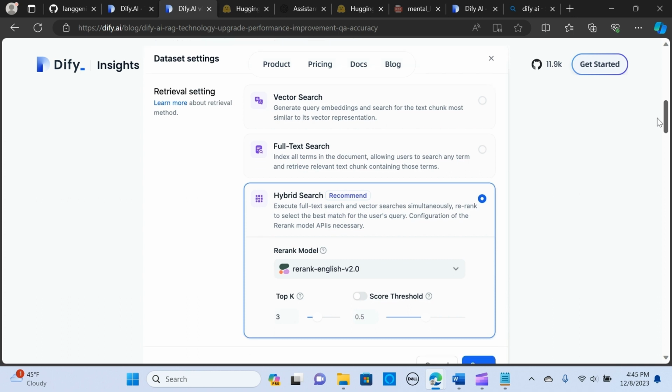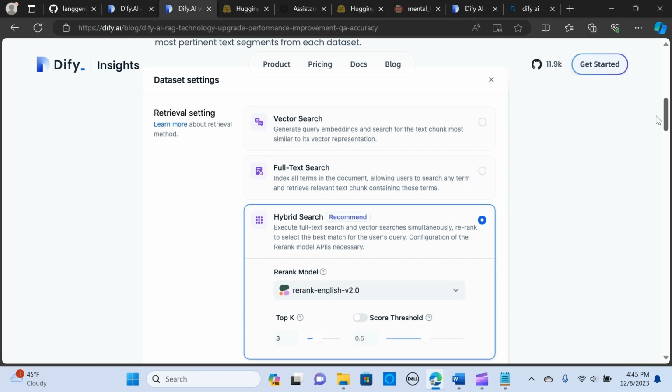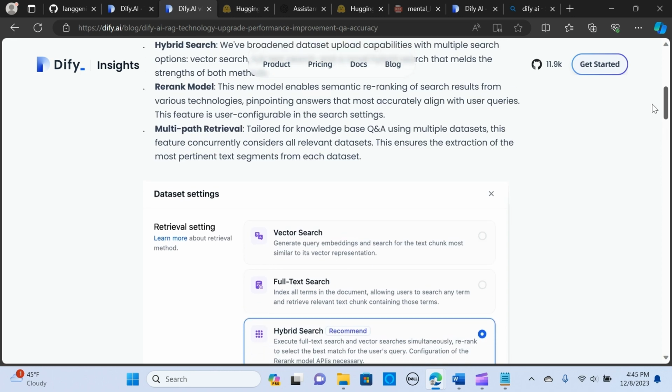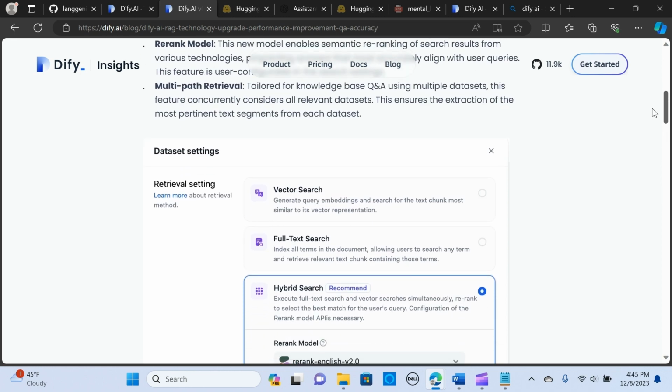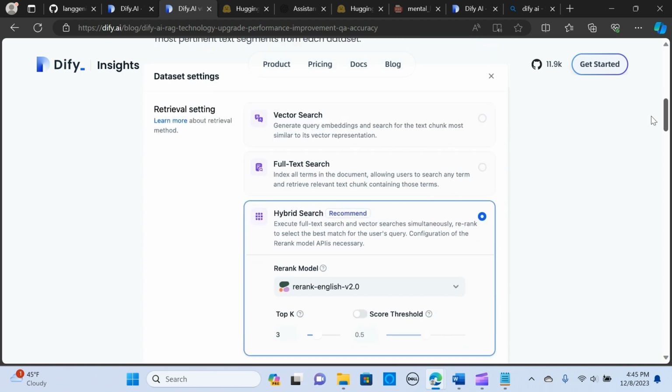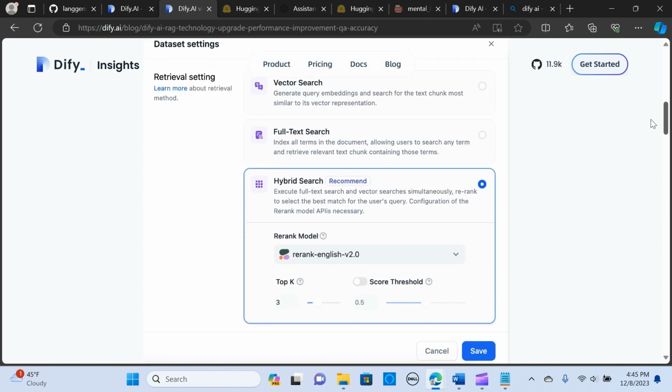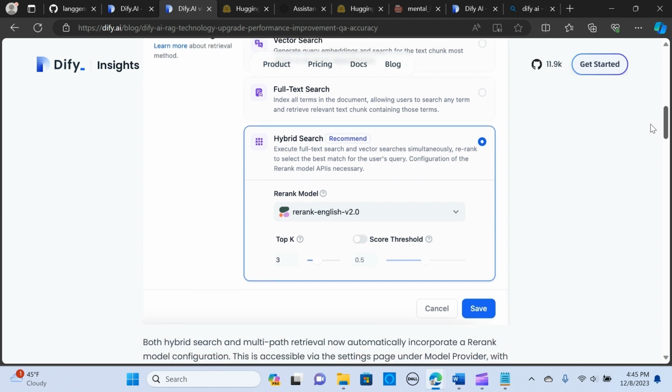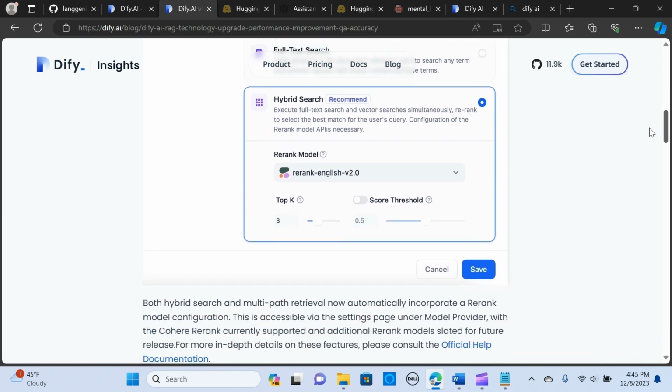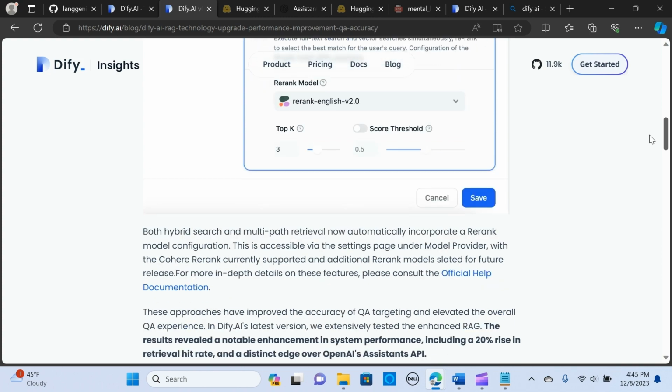This really improves the accuracy of the outcome. It also has multi-path retrieval, tailored for knowledge-based question answering using multiple datasets. This feature concurrently considers all relevant datasets, ensuring the extraction of the most pertinent text segment from each dataset.